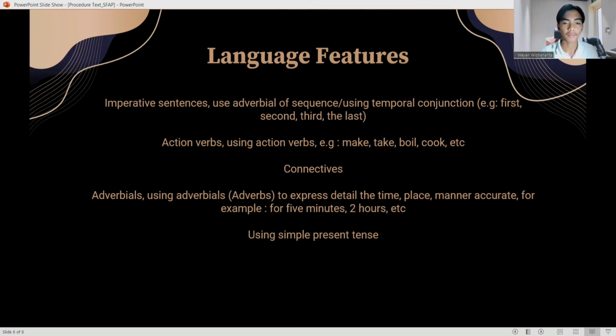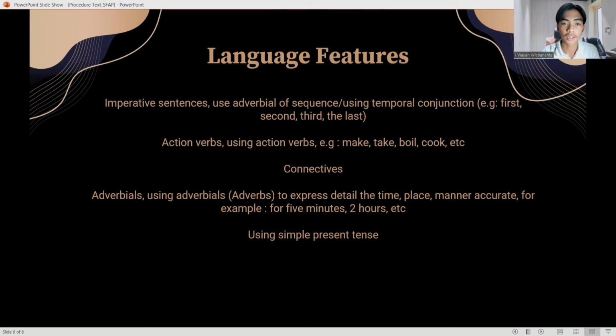Adverbials, using adverbials or adverbs to express details of time, place, and manner accurately, for example, for 5 minutes, 2 hours, and so on. And all the language features of procedure text use the simple present tense.